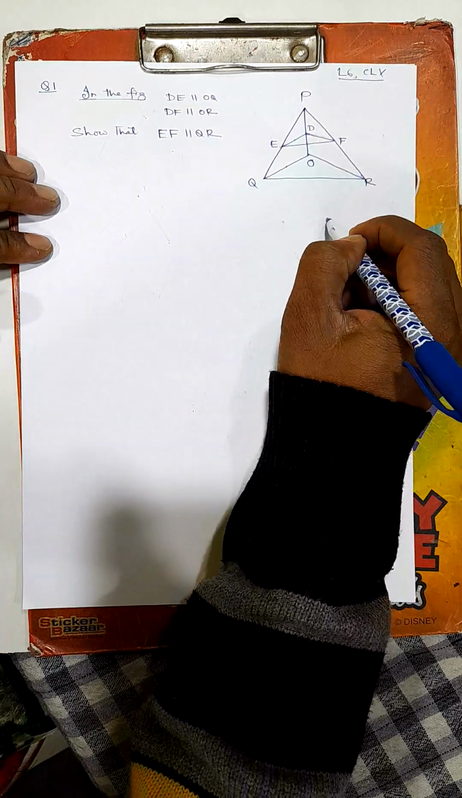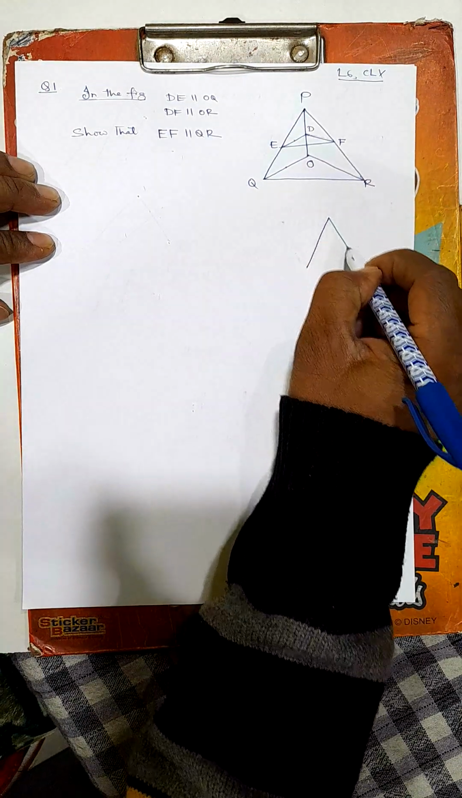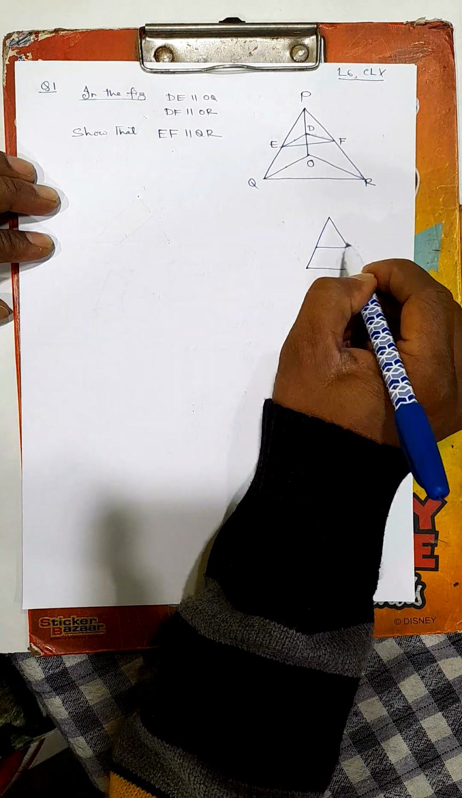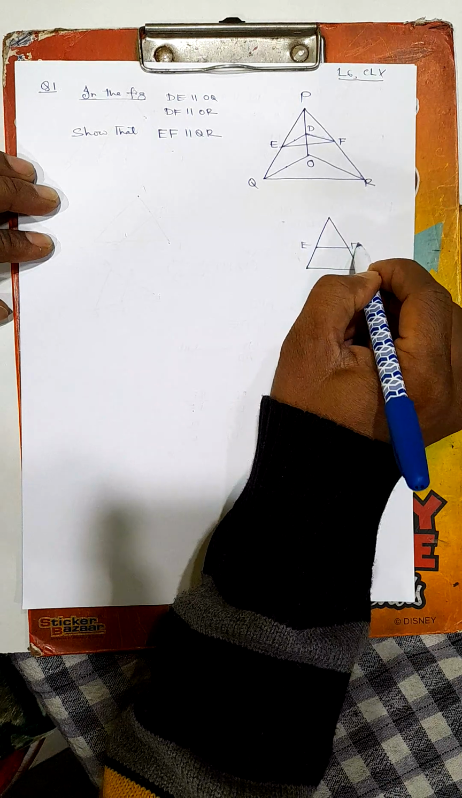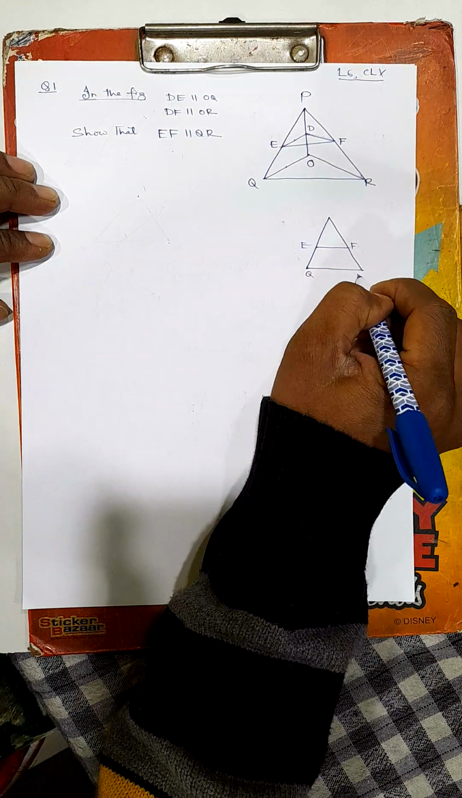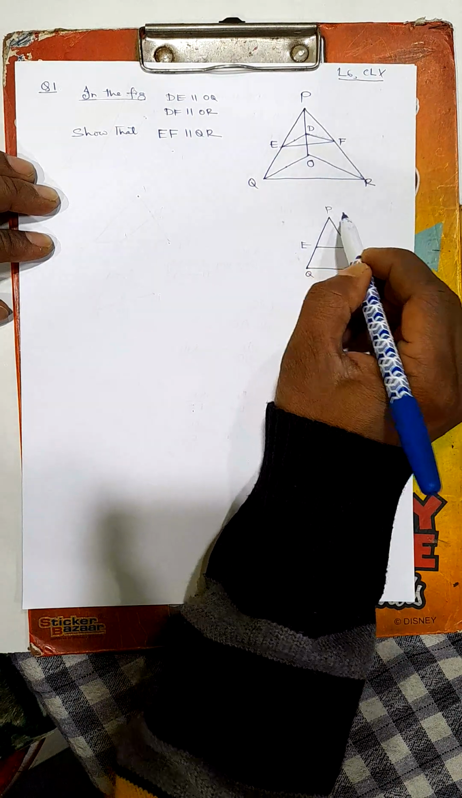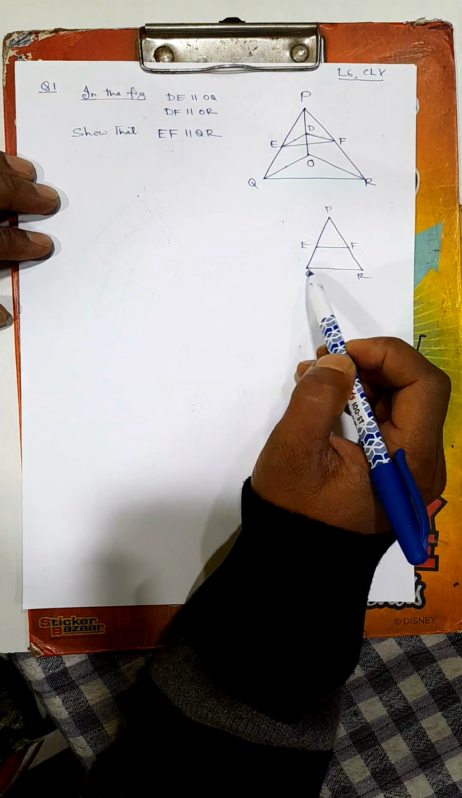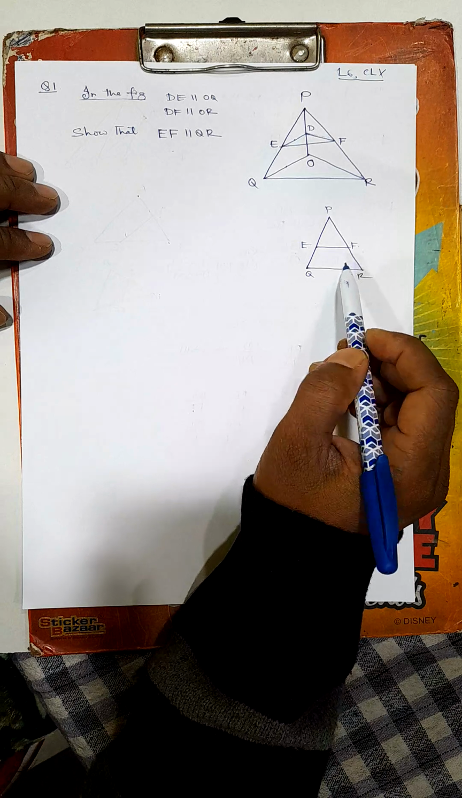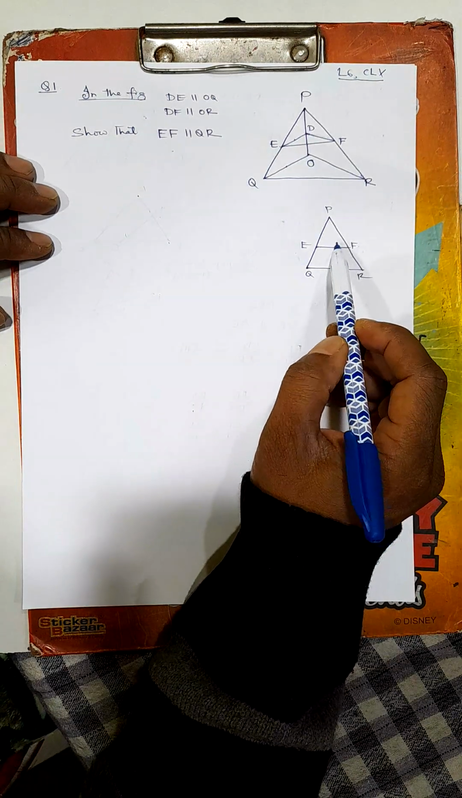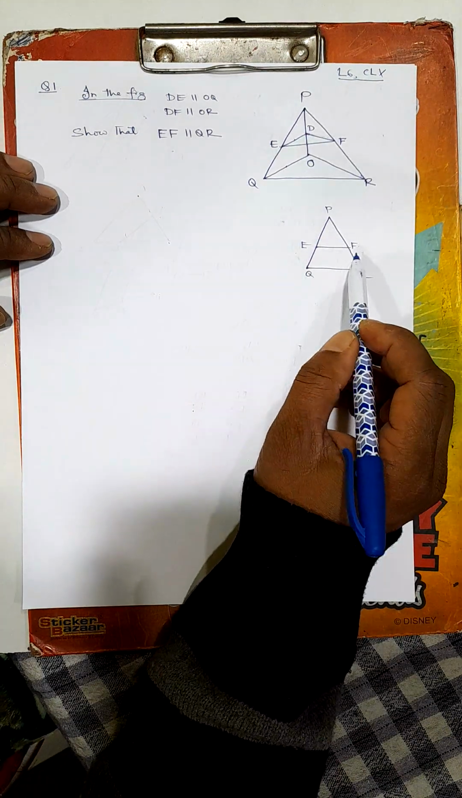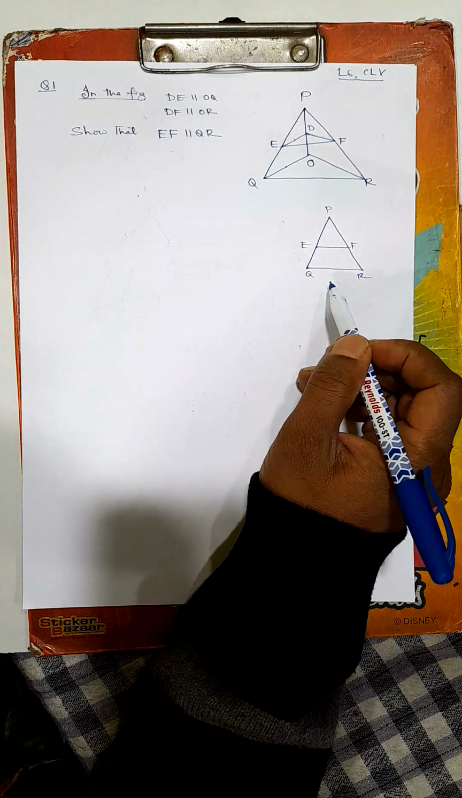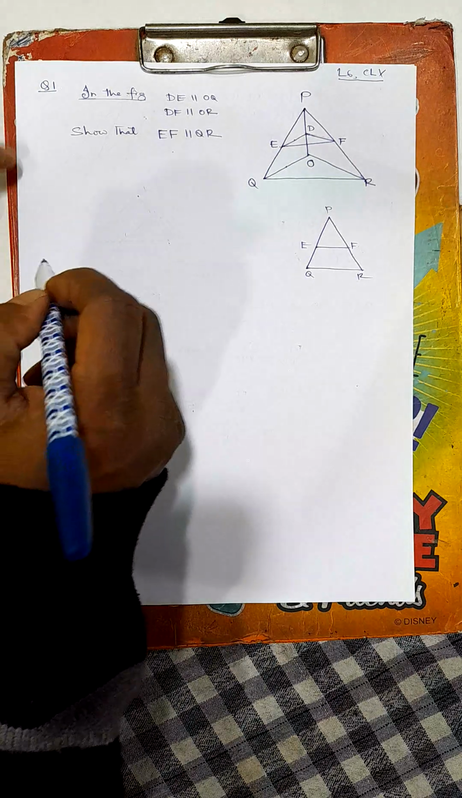Now if you have to prove EF parallel to QR, let's see it separately. That means you will have to show that PE by EQ equals PF by FR. That means EF divides the other two sides in the same ratio. Then only you can say EF is parallel to QR. So from the given condition,